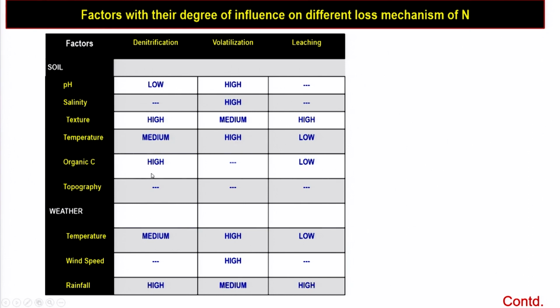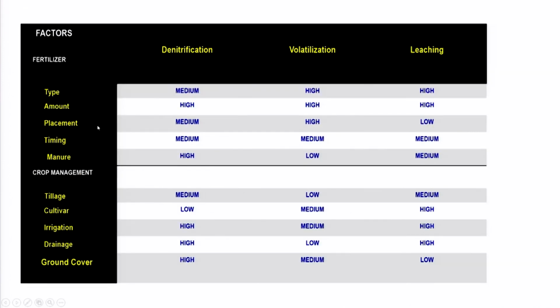Organic carbon has higher importance on denitrification, and among the weather parameters, temperature has high impact on volatilization, wind speed has high impact on volatilization, rainfall has high impact on denitrification as well as leaching, fertilizer type has high impact on volatilization, leaching, amount of fertilizer will have high impact on